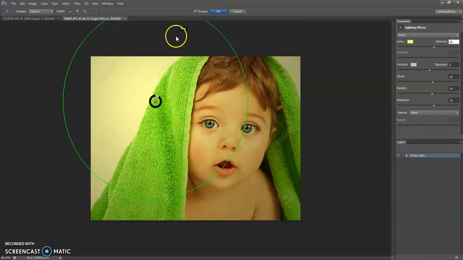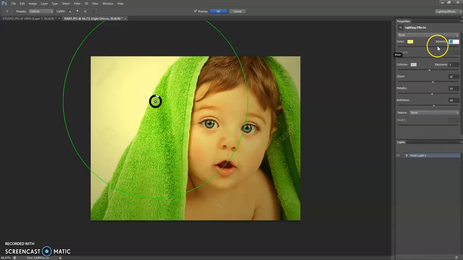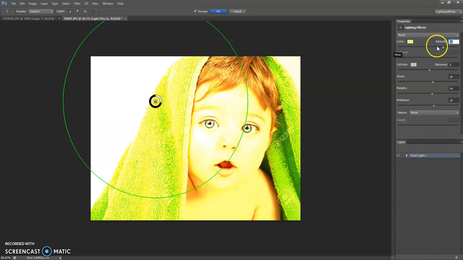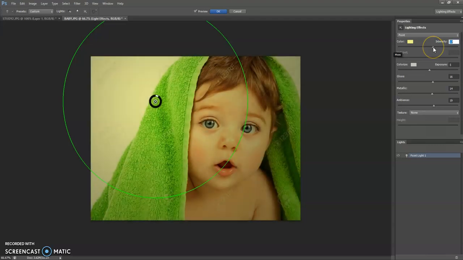So a little bit of dull yellowish comes here. If you increase or decrease the intensity, you can see the combination of yellow is shown here. This is actually the point lighting effect, where I'm focusing on only a particular area.